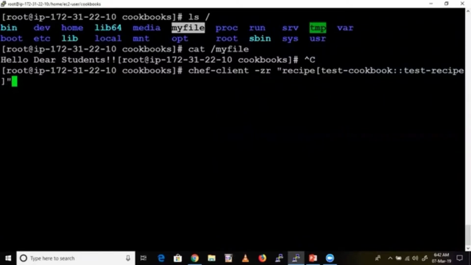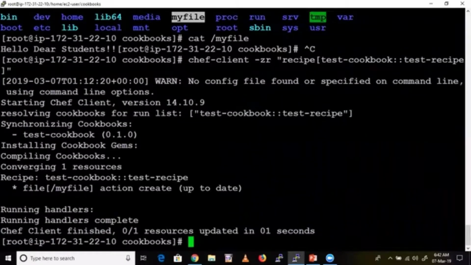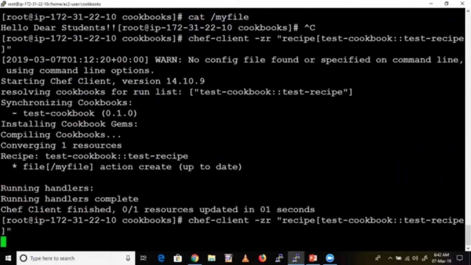That's idempotency: it should not apply things repeatedly. So let's run this one. Even if you run it 100 times, it won't take any action because the file is already there. See what it is saying: up to date, 0 out of 1 resource updated. Even if you run it 100 times, it won't take any action.